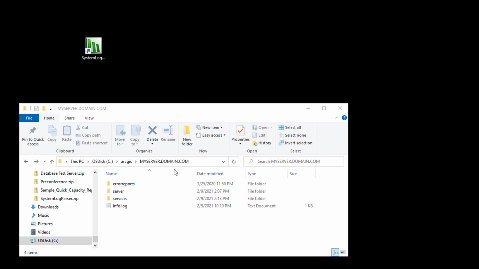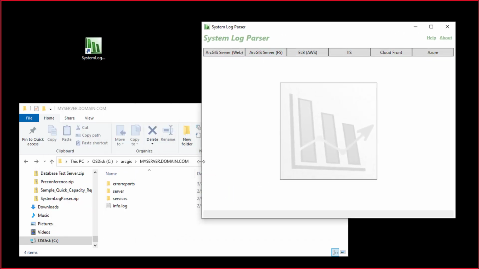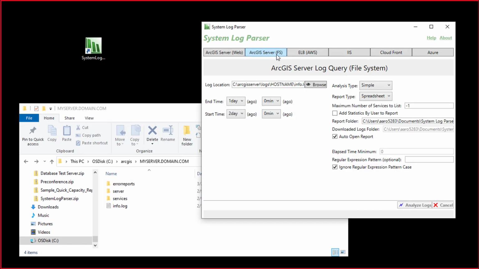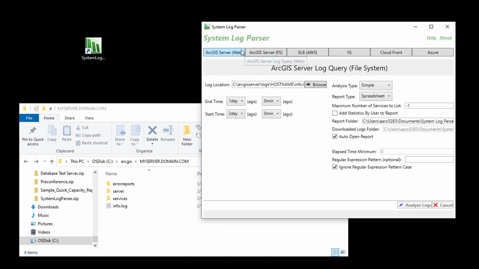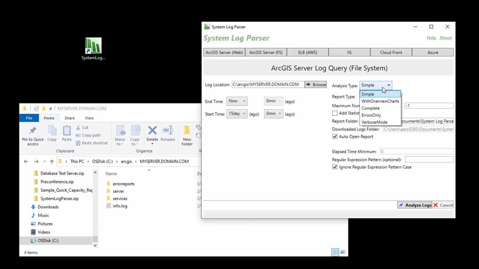So on our desktop here, we have an ArcGIS deployment. We're looking at the logs on the file system. We've downloaded System Log Parser, and we are running it. And we're going to point it to our deployment here using the ArcGIS Server file system browser. It can support a variety of log formats. We're going to take advantage of this one, and we're going to select our date range of time and our report,